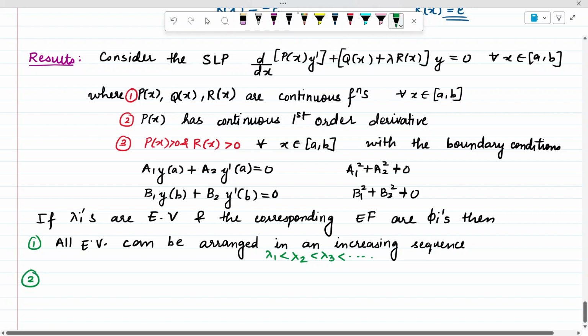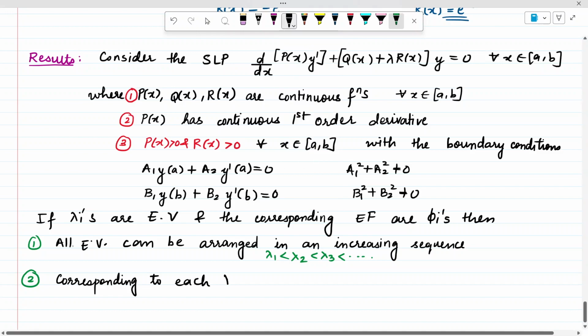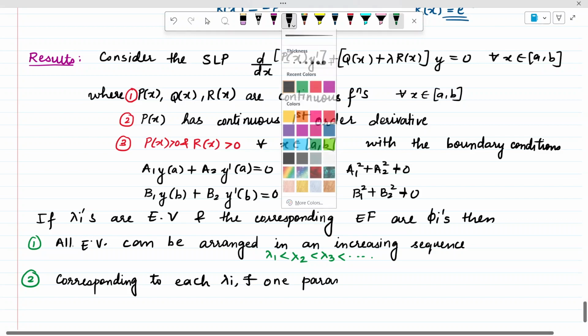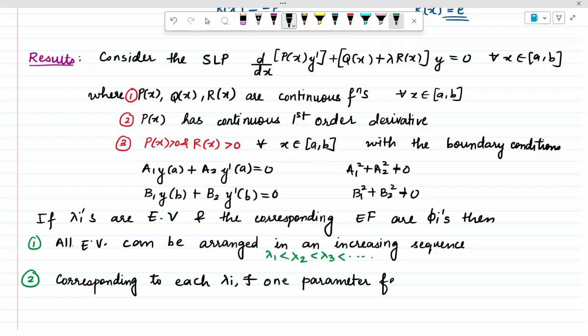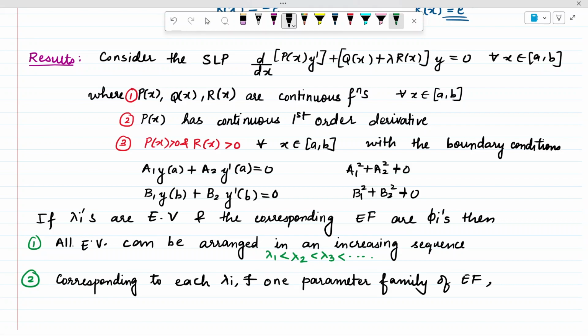The second thing which you can do here, with such necessary conditions satisfied: corresponding to each lambda i, there exists a one parameter family of eigenfunctions. Now, what do you understand by this over here? This means,